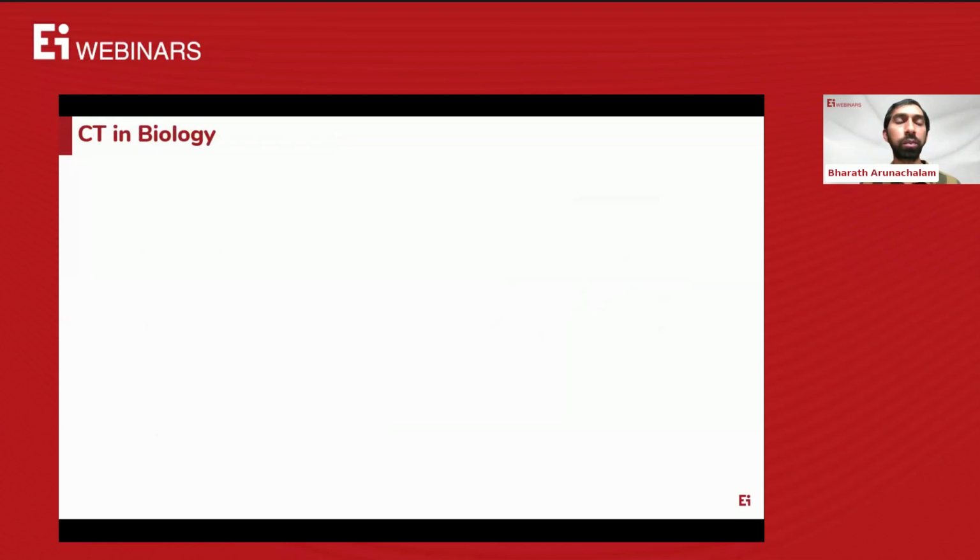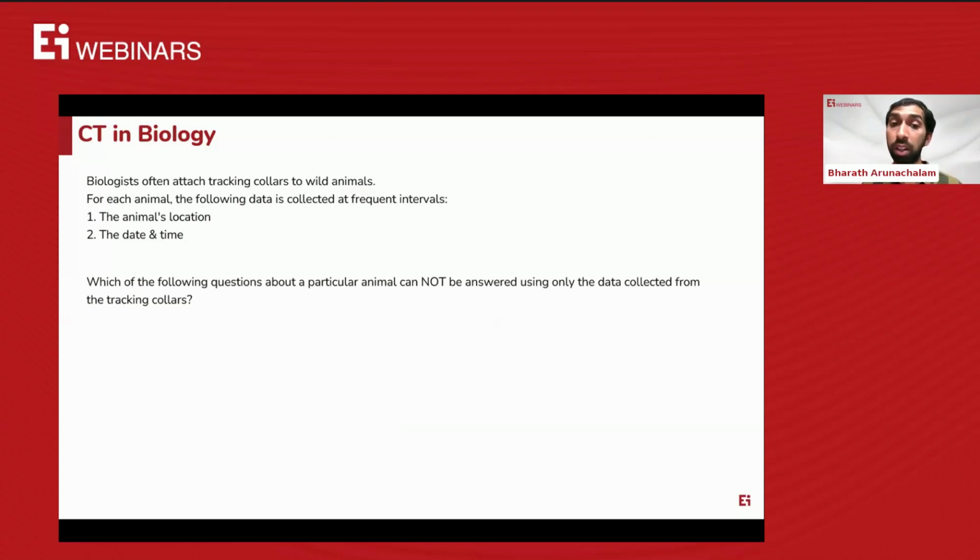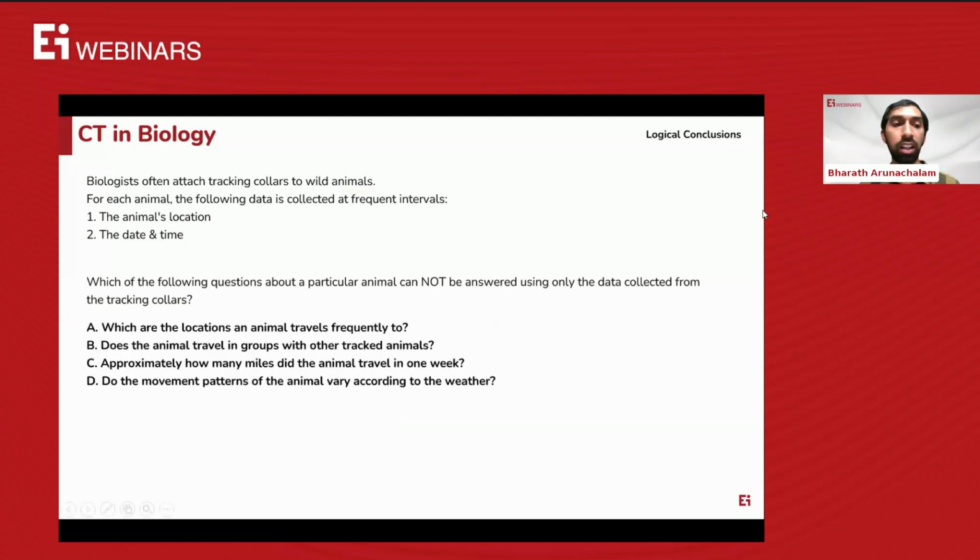So this is another question where CT is used in the context of biology. It's a purely logical reasoning question. So let me read out the question. Biologists often attach tracking collars to wild animals. For each animal, the following data is collected at frequent intervals: the animal's location, the date, and time. So the question is, which of the following questions about a particular animal cannot be answered using only data collected from the tracking collars? The options are: